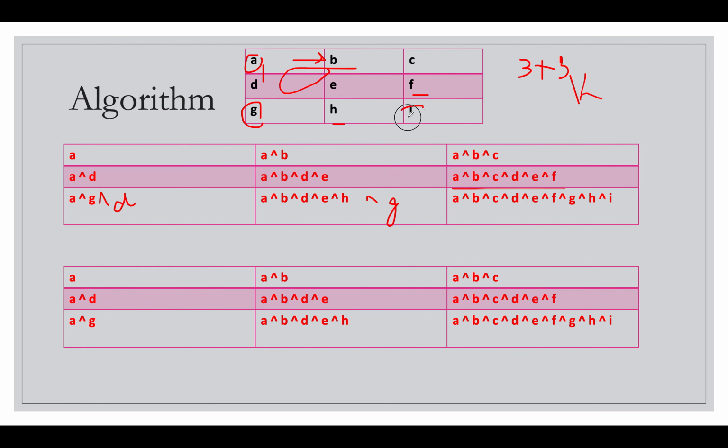And similarly for this coordinate, it has to be the XOR of all the numbers that are present in the matrix, as mentioned here. How do we calculate this? How do we use the pre-computation of the previously computed values and then arrive at the XOR value of a particular index? So let's start the process.